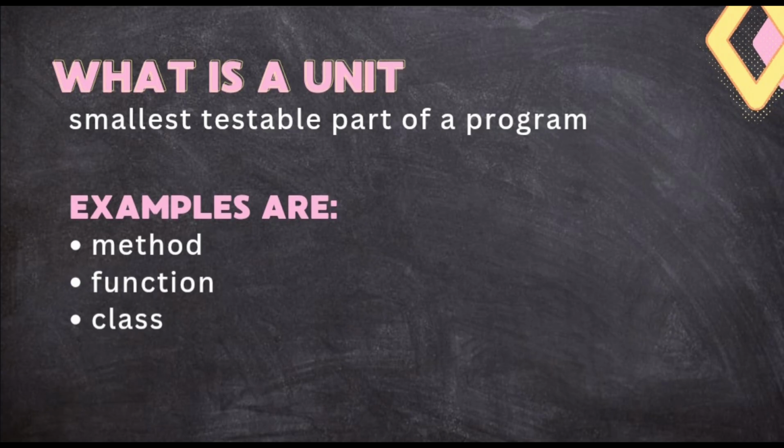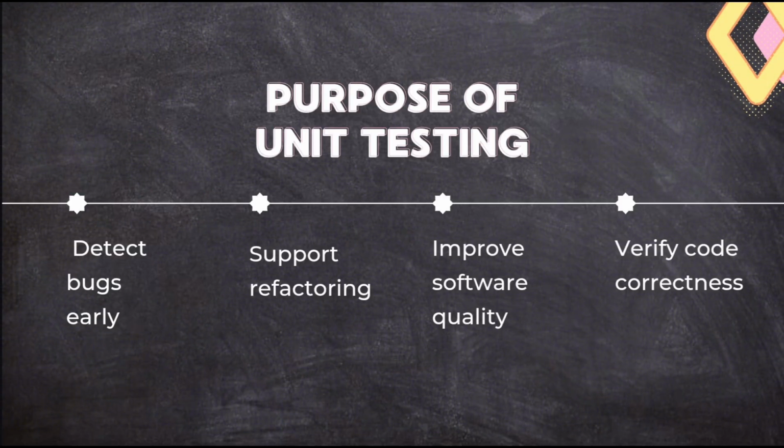Next, what is a unit? A unit is the smallest testable part of a program. Examples of units are a method, a function, or a class. These small parts are tested individually to make sure that each one works correctly before they are combined with other parts of the system. The main purpose of unit testing is to ensure that each part of the program works